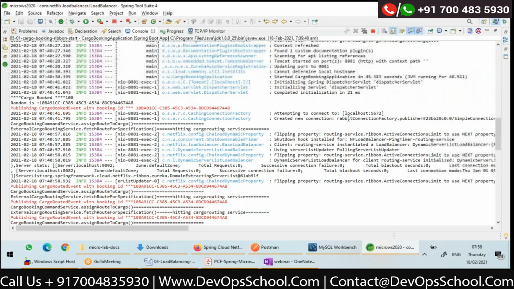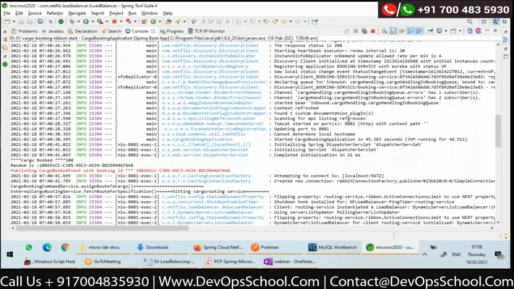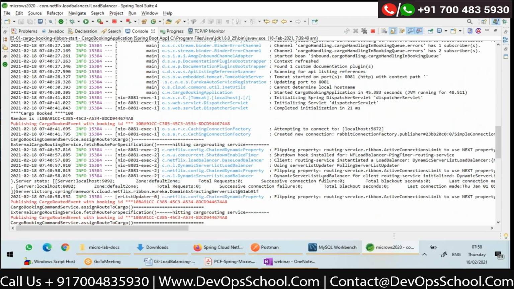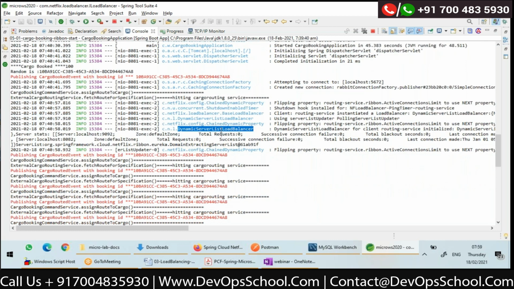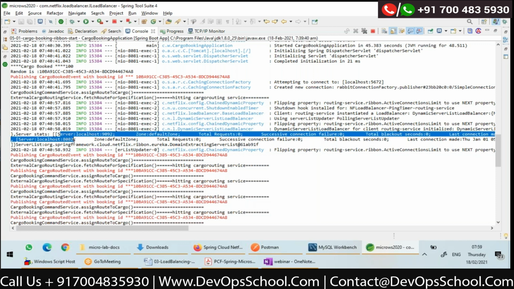Let me go up. Yes, here you can see there's a log from DynamicServerListLoadBalancer. That means by default it was using DynamicServerListLoadBalancer, and here you can see the server statistics, right?